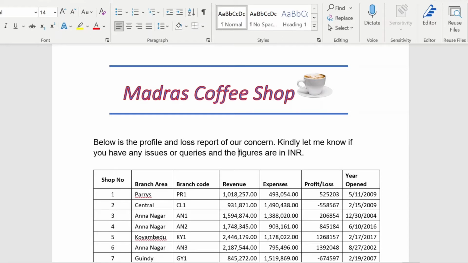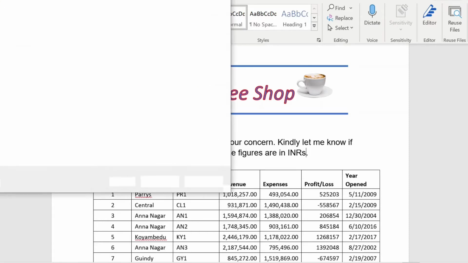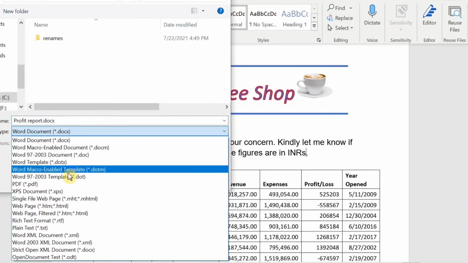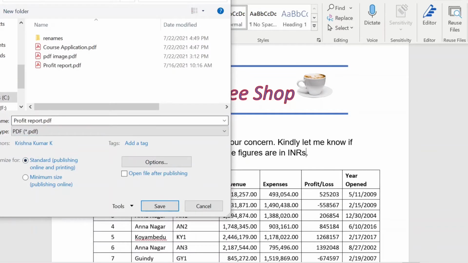After editing, for example, I mentioned Indian rupees, INR, and I want to save this. I cannot save like this, so I can save this as a PDF, as PDF updated.